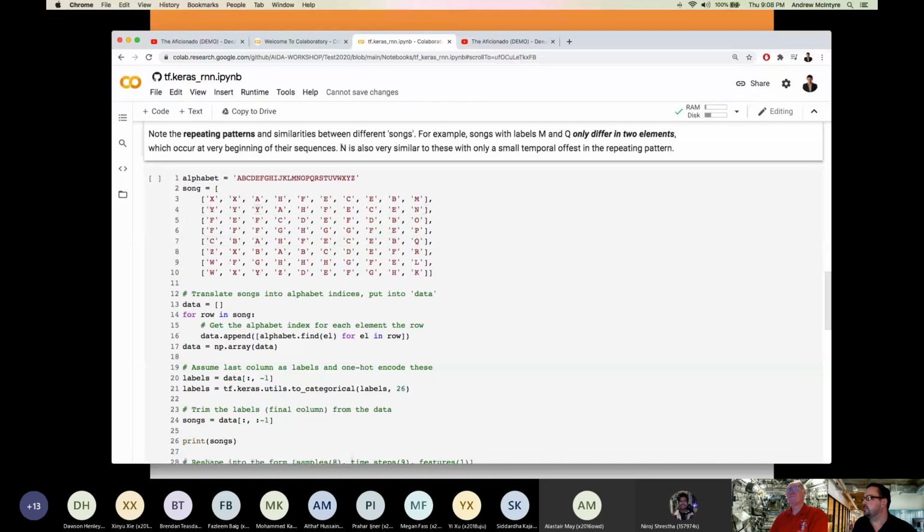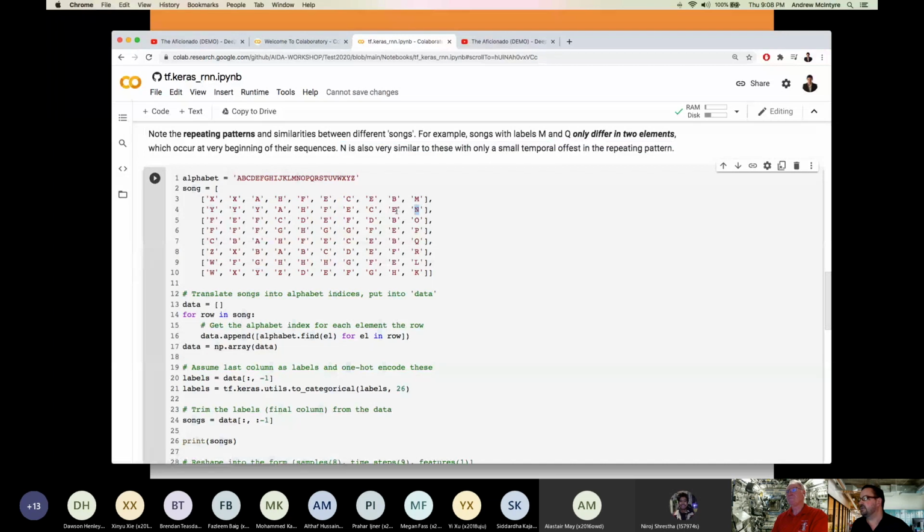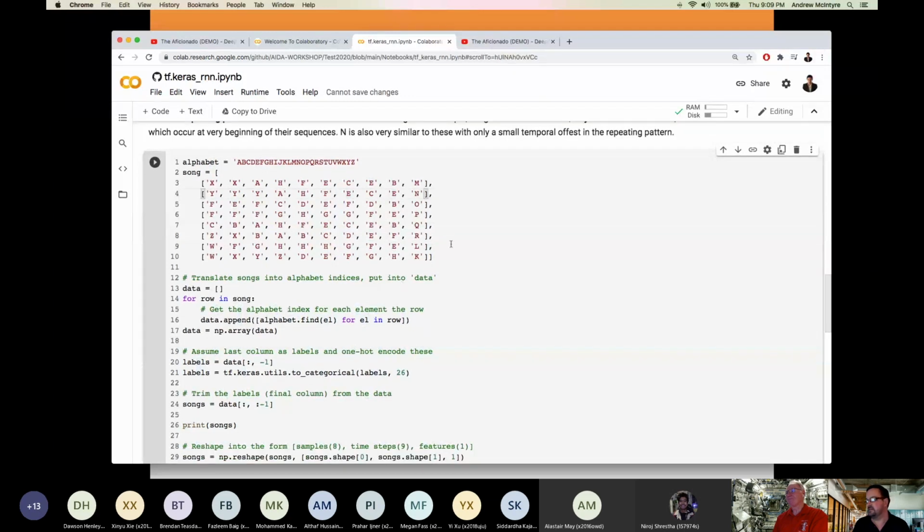There's also this difference between N and Q and M. If you look at N, it's actually offset by 1 here. It also has an E, but it's offset by 1 from the song M, and this E is offset from this E, etc. So we have this behavior. It only changes back here. So it's able to identify these distinguishing characteristics automatically.